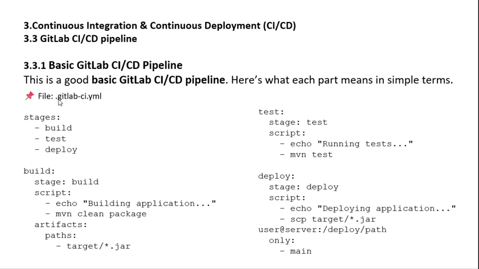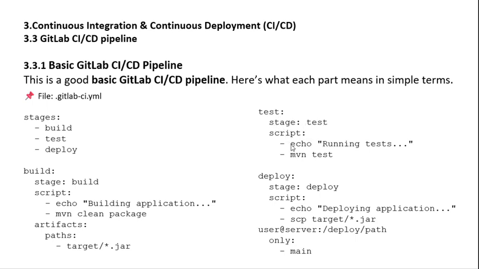The file name is .gitlab-ci.yml, and inside the file is stages: - build - test - deploy. Then build: stage: build, script: - echo "Building the application", - mvn clean package. After that, artifacts: paths: - target/*.jar. Then test: stage: test,